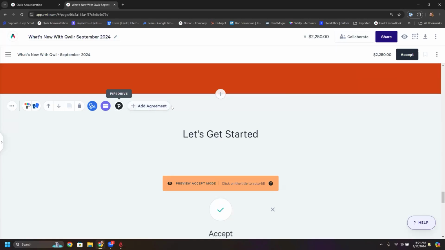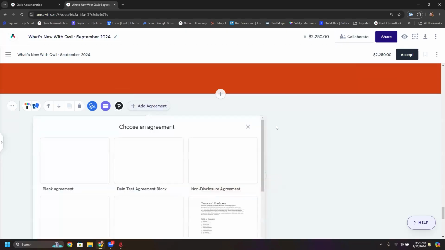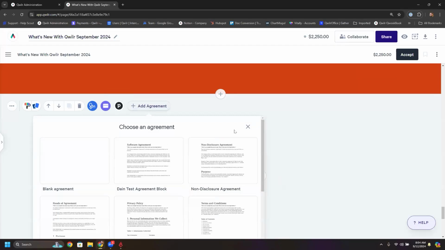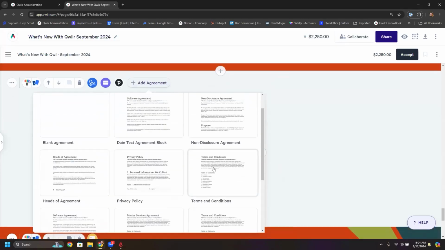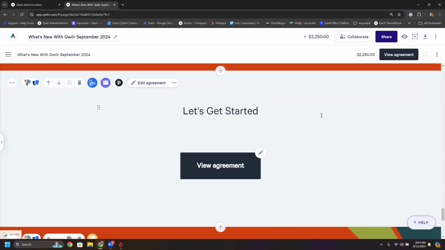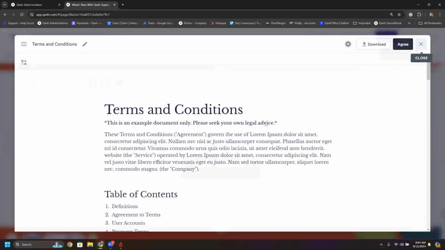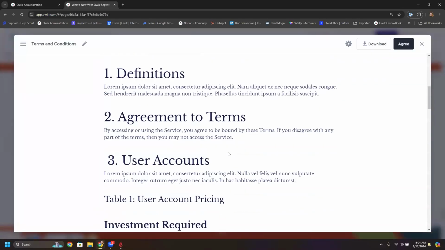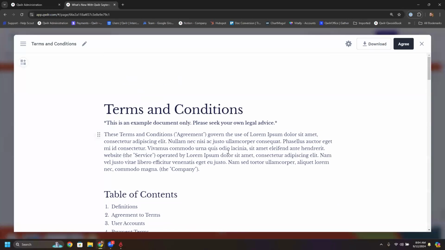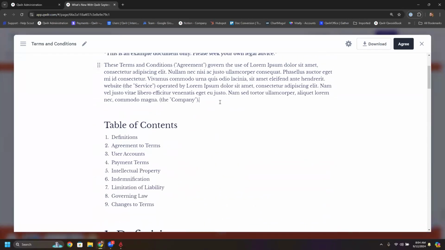But more importantly, now for those that need a little bit more black and white, straightforward documentation, we added the agreement block. The agreement aspect of the accept block is basically a pretty straightforward adjustment to it. I'm going to close this just so that you can see how it goes. Instead of when people click on accept, it just expands, it goes instead to a block like this. And this will be the same for the customers. And this is where you can edit in black and white content,